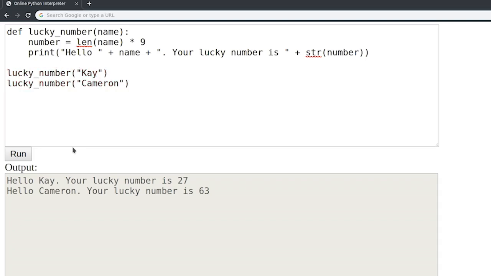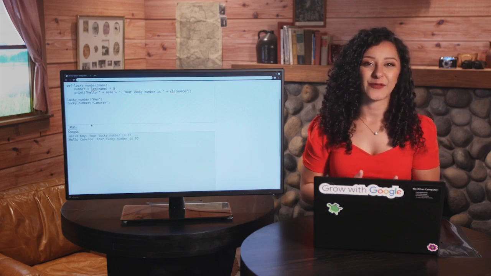Since we've grouped the calculation and print statements into a function, our code is not only easier to read, but it's also now reusable. We can execute the code inside the luckynumber function as many times as we need it by just calling it with a different name. So we don't have to write it out again and again for each new name. Does that make sense? Hopefully these examples have helped explain how functions are used and defined, and also demonstrated how